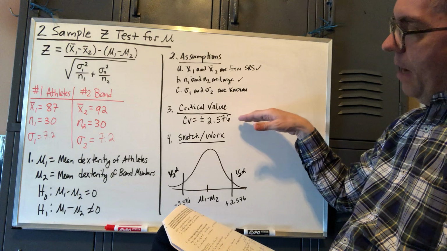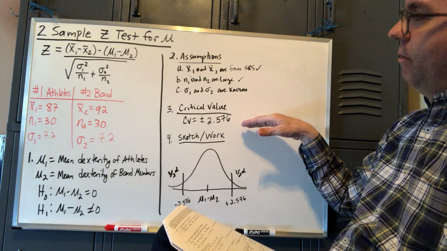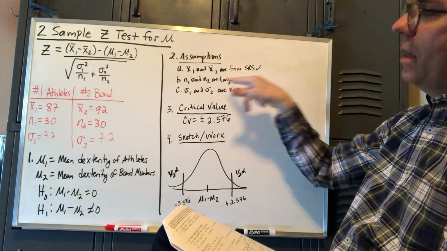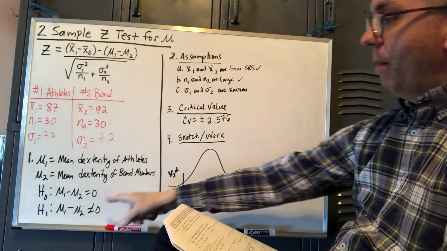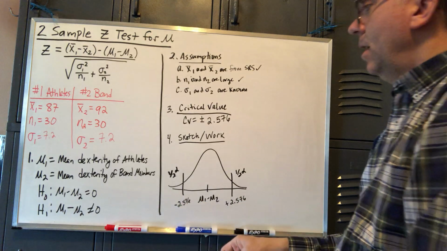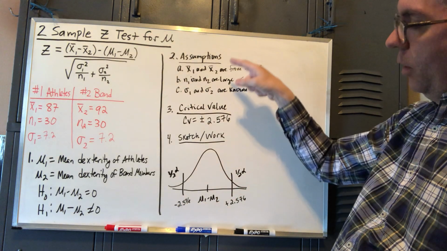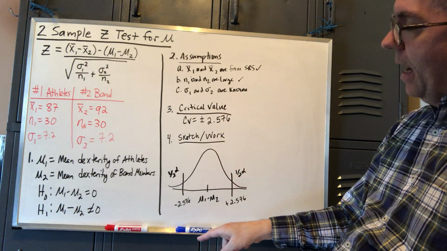Remember our chart that I gave you a while ago of critical values. Along the top it says confidence intervals, and it has one tail, two tail. This is a two tail. Remember, the not equal sign is two tailed. So we look up two-tailed 0.01, and I go clear to the bottom for a z-test, and it says